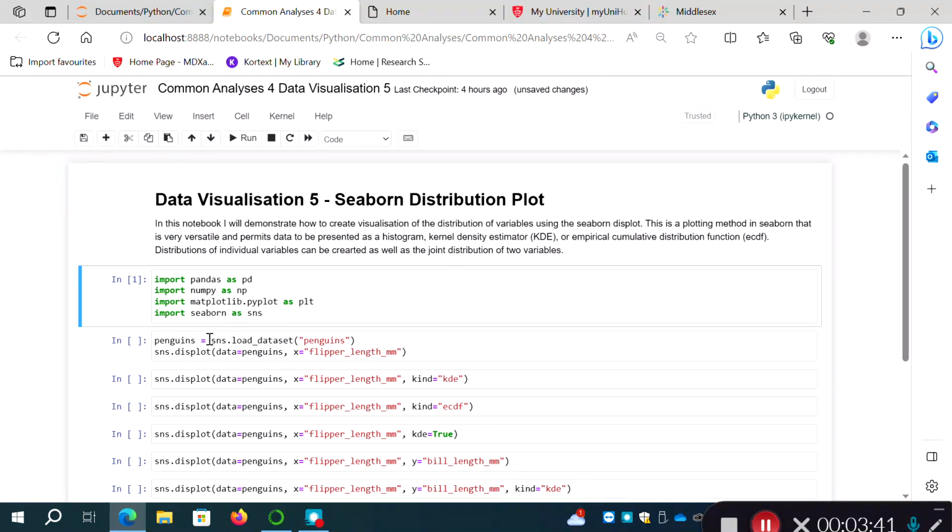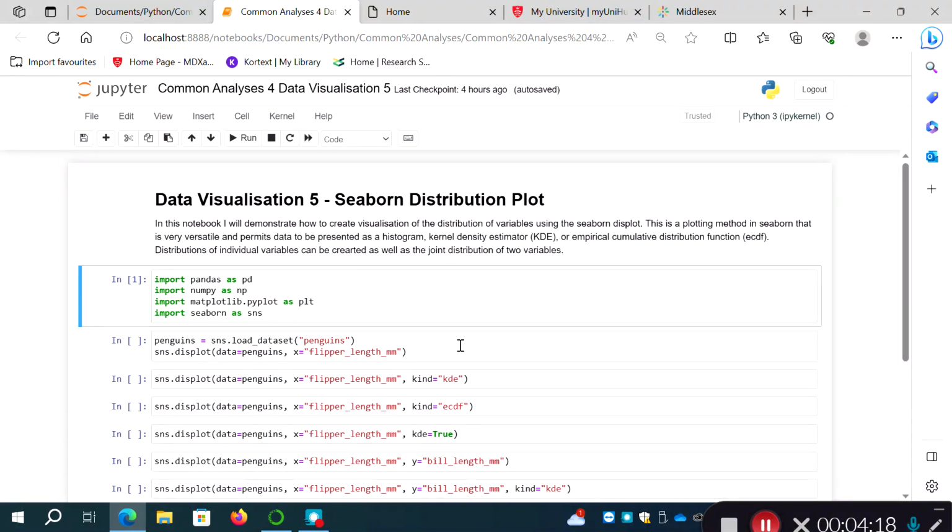I'm going to use the command sns.load_dataset, and then I'm going to pass the name of the data set, which is penguins, as a string within quotes. I've used double quotes here, you could use single. So the example I'm going to use here is the one, if you go onto the Seaborn website and look at the guidance on how to use Seaborn, it's the example that they use for using the displot method. So I got a lot of this from there,